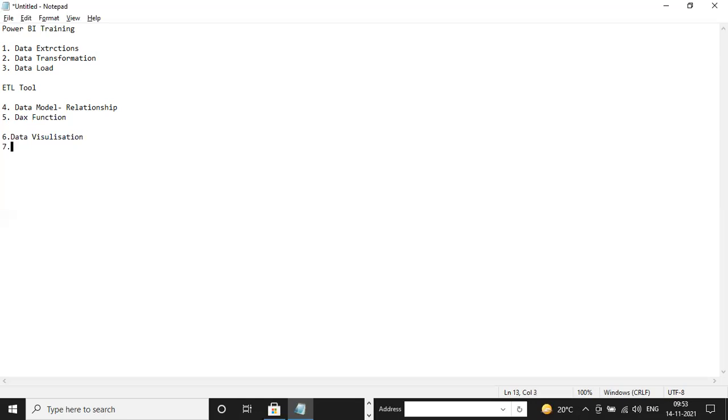Seventh means you have to automate the file. And these 7 steps you have to maintain for every project. After that we have an eighth step, but this is not really a step.